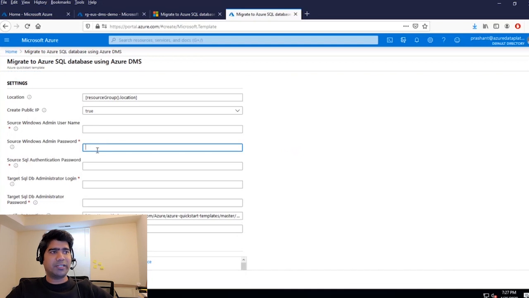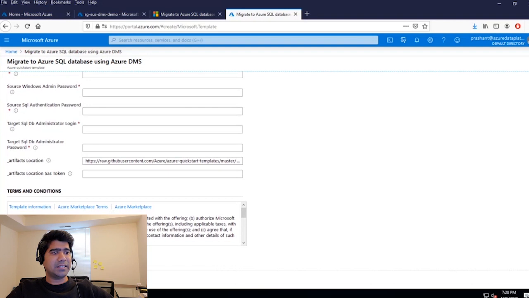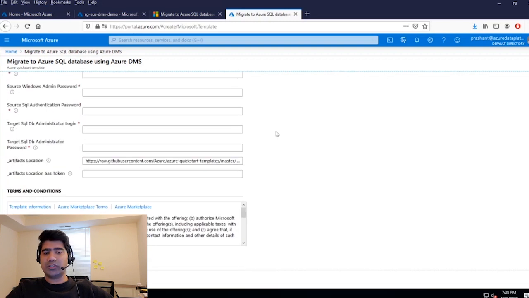Then you provide the password, use password authentication for SQL, and then again provide the SQL DB administrator login and password. Other things you can leave as they are. Once you provide all these details, agree to the terms and conditions, and click on purchase, everything will be deployed automatically on Azure.